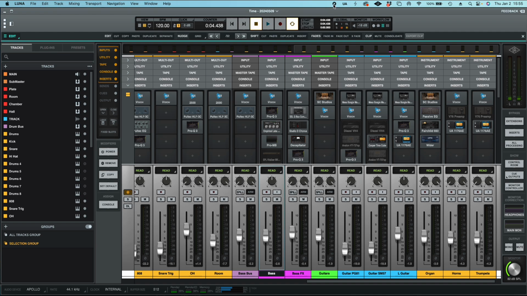So anyway, that's my DAW. That's what I like using, and that's how I'm going to get the music to you on this new album